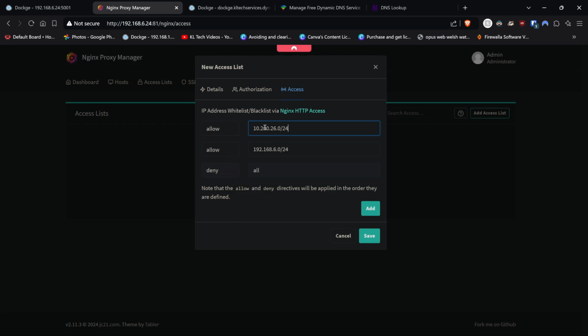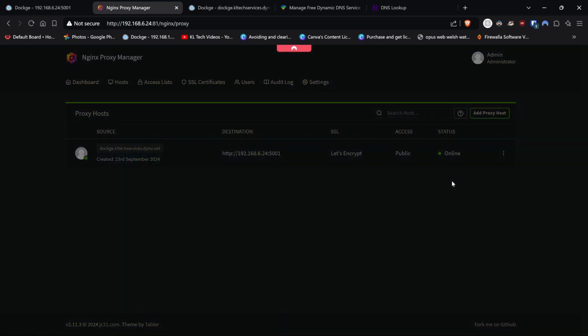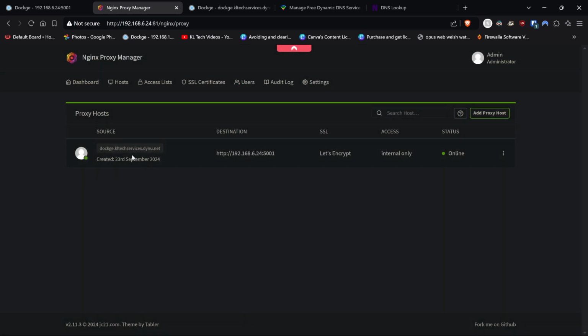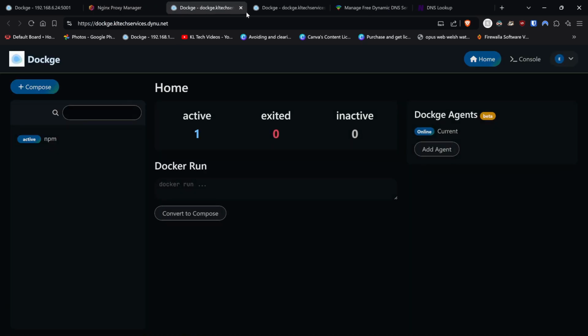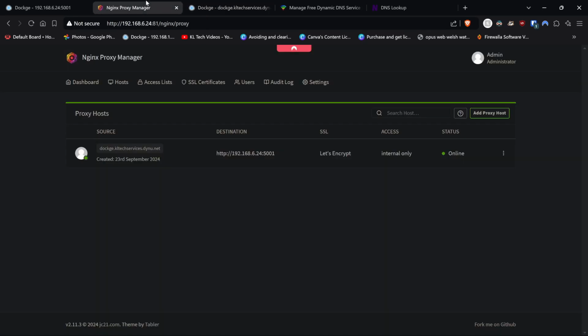So we're going to do 10.226.0.24, that's my WireGuard, and 192.168.60.24 for there as well. And if we go back to hosts, we edit our Dockge domain to internal only. Now, we should still be able to access this, which is great. However, if you are attempting to access this from any other device on the network outside of those two IP ranges,